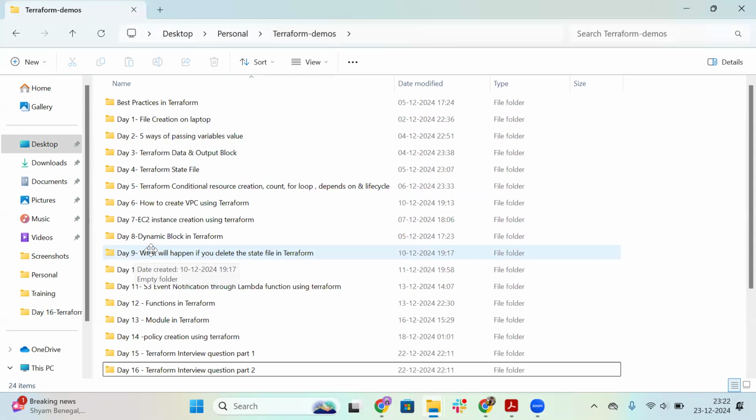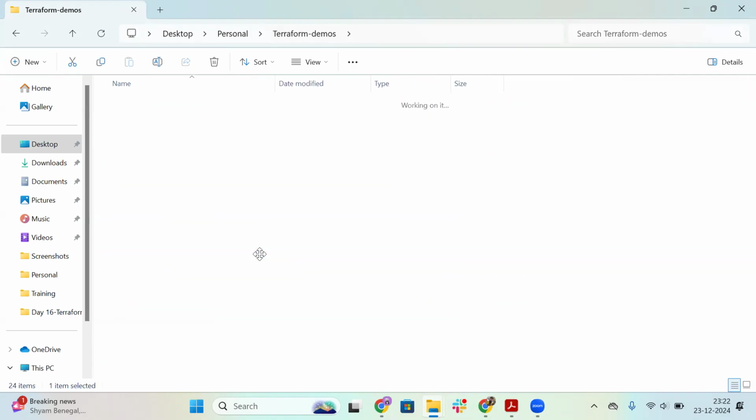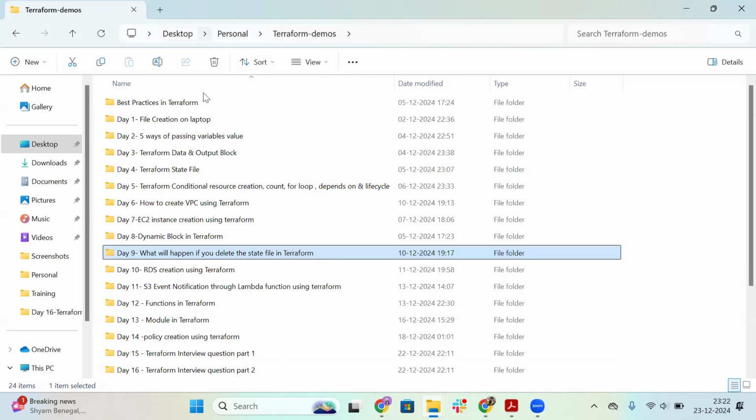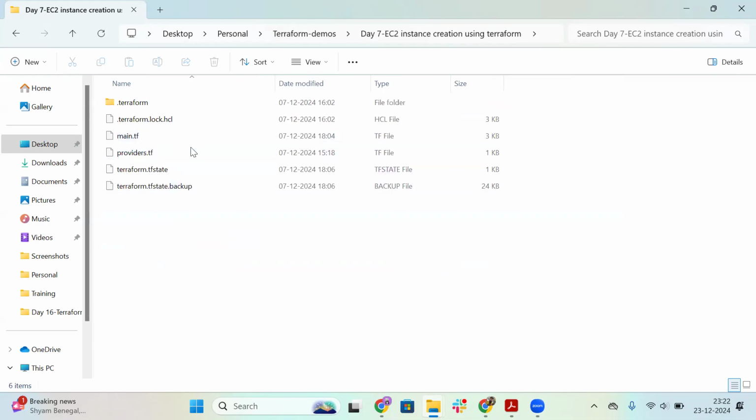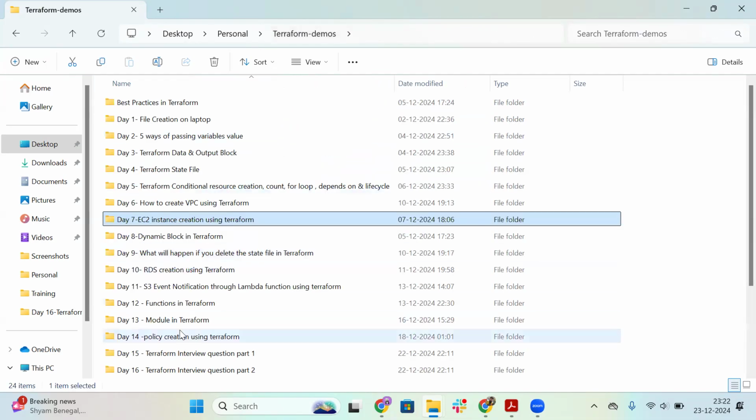day 9. What will happen if you delete the state file in the Terraform? So I have written down all the details or the code, correct? And within that particular code, there is all the things like for the EC2 creation, what is the main.tf, what is provider.tf, the state file itself, correct? So for all these